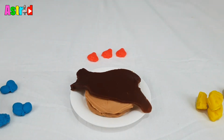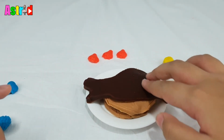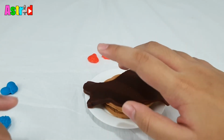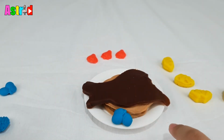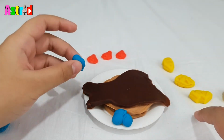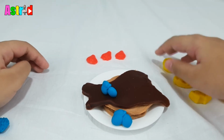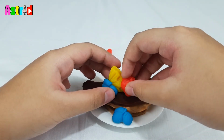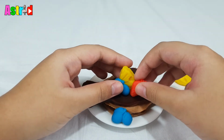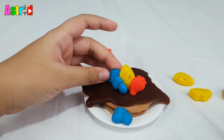Guys, now I'm done making the toppings, so let's put the toppings on the pancake. Now we got the pancakes and we got the chocolate fudge. The grape. Now let's put another grape over here. And then a pineapple, then a strawberry, and then a raspberry,